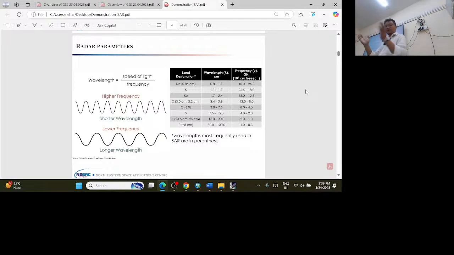We all come from a science background, so we know about wavelength and frequency, and I will not dig deep into that. These are the radar parameters, and on the right you will see the different types of bands and the different wavelengths used for microwave remote sensing. Microwave remote sensing mostly uses the X band, C band, S band, L band, and P band. And the Ka, K, and Ku bands are mostly used in